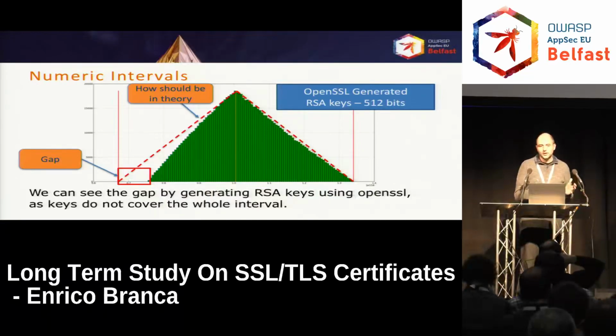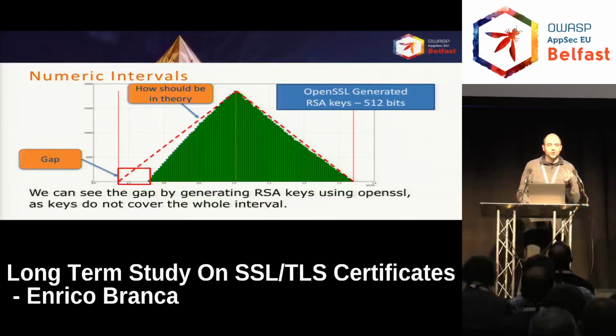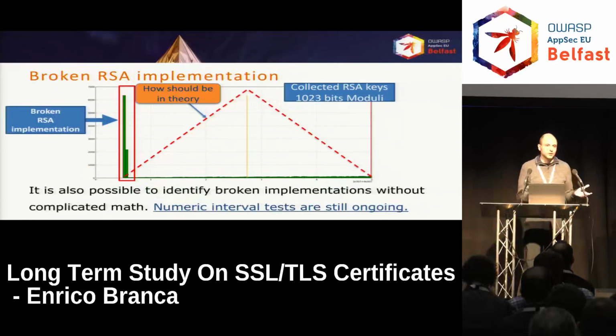But this does not explain the difference in the shape of the distribution. I'm still working on this stuff. There is no clear definition of what should be good or bad. As far as I know, there are no tests for this, and this has not really been tested extensively. So if anybody has an idea, come to me and we can have a chat.